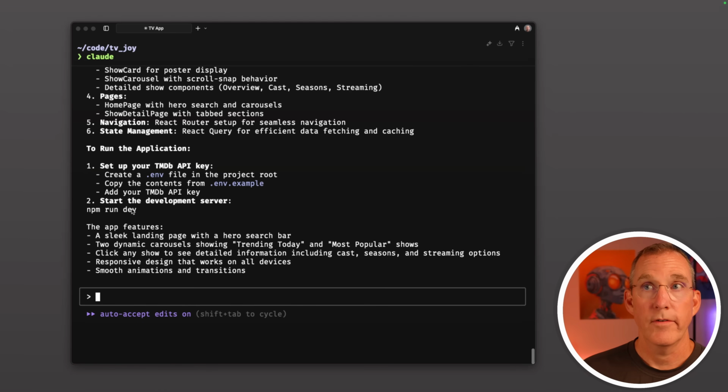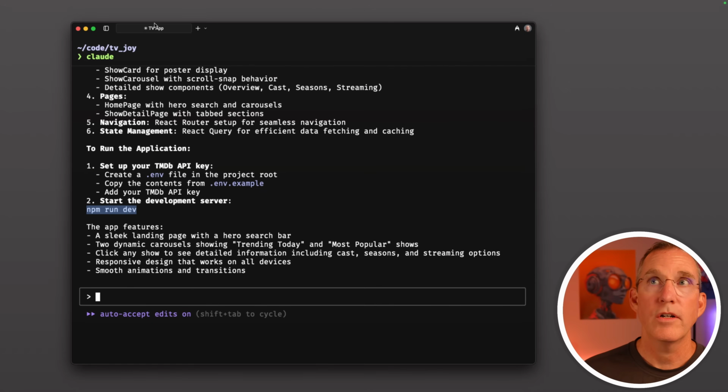Start the development server. And so this one's an important one. You can always just ask Claude again. Claude knows how to do this. So if I just said, how do I start the server? Or how do I start this? How do I run it? How do I see it? It'll get you there either way. But it does tell me when it completed, npm run dev. And this is a very common development running process kind of command. Basically, we want to run this command,